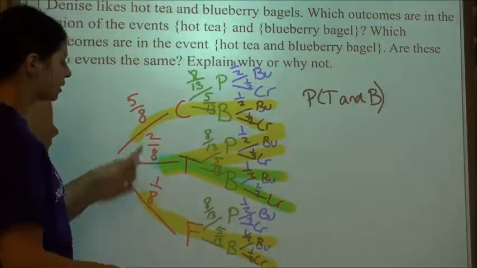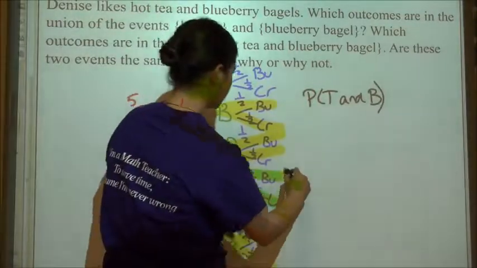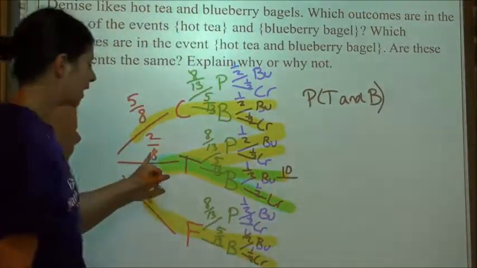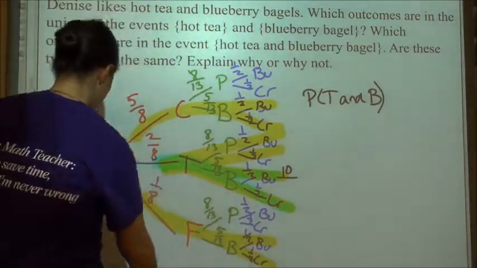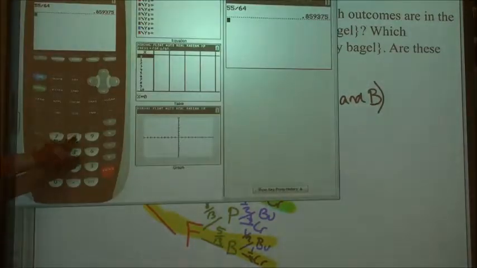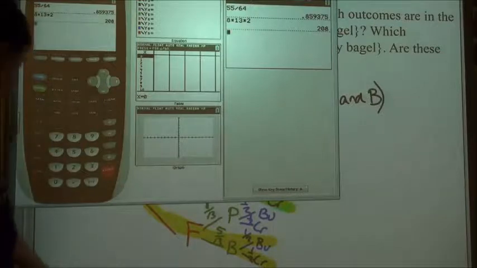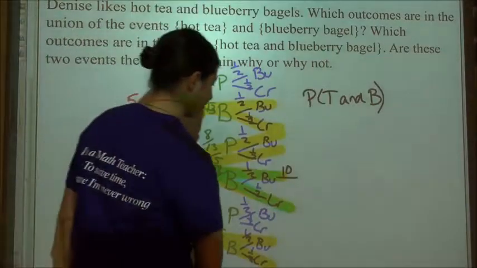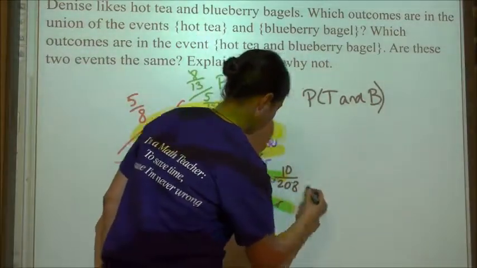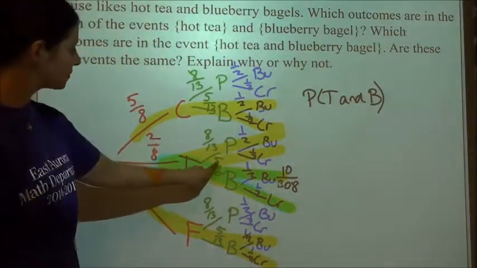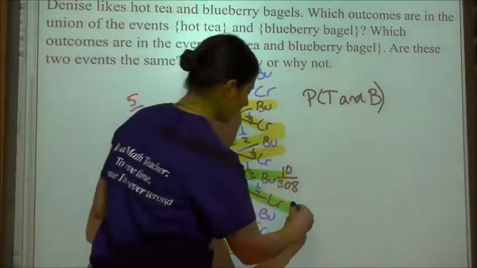Let me try that one more time. 2 times 5 is 10. So we got 10 out of 8 times 13 times 2. I'm going to pull up my calculator for that. Which is going to be 208. And then we've got 2 times 5, which is 10, times 1 is still 10, and it's going to be